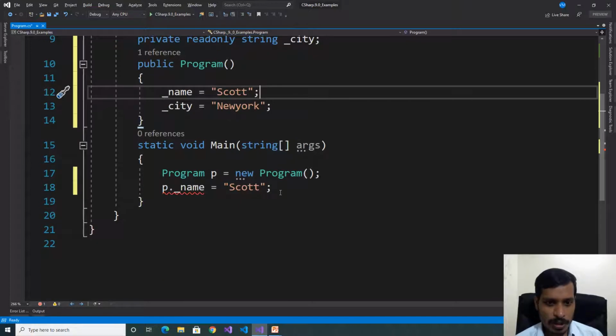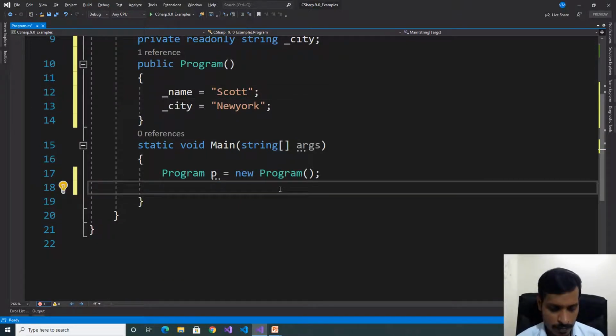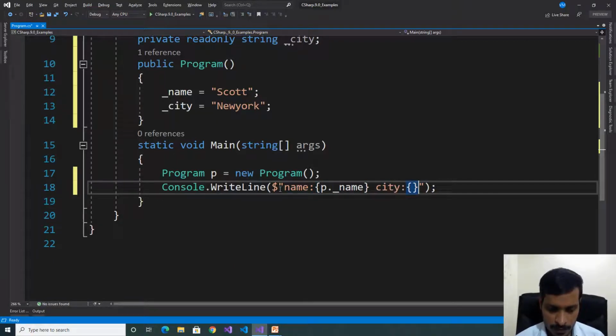Now I'll print the output, remove this code, Console.WriteLine, dollar, name: p.Name, city: p.City.